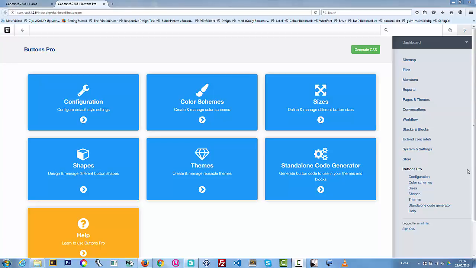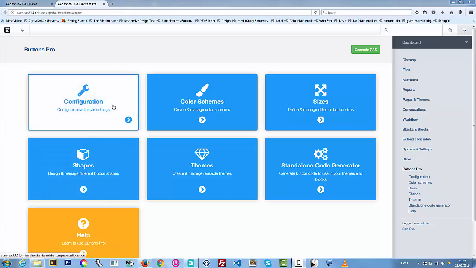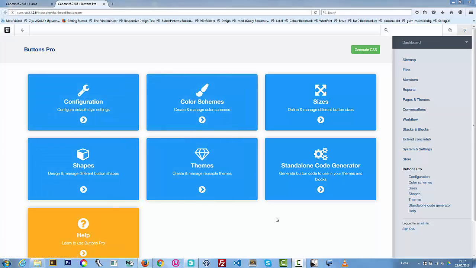In this tutorial, we're going to see how to use Buttons Pro within other blocks and themes. Particularly, we're going to see how to use it with the core form block. So this is Buttons Pro from the dashboard, configuration, color schemes, extra. We're going to be using the standalone code generator. So we go there,